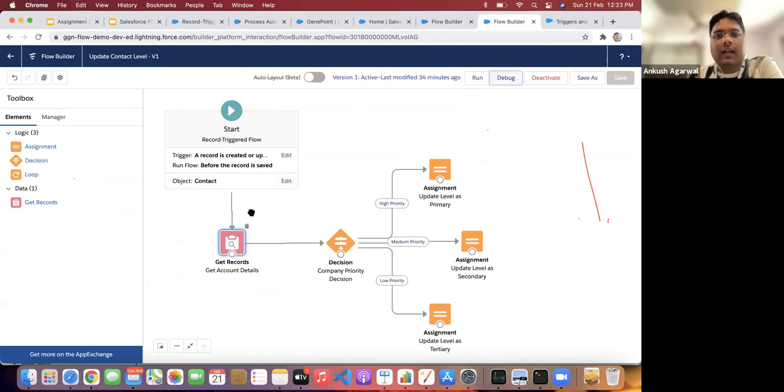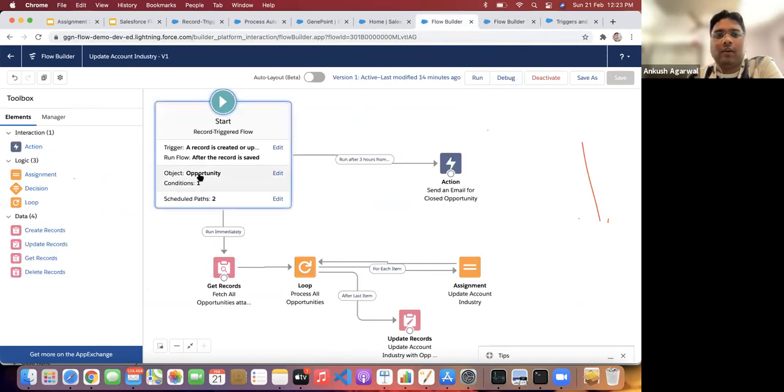So you can still have it on the contact object, but we have to make sure it does not go into recursion. That is the main point which we have to test thoroughly in the sandbox.